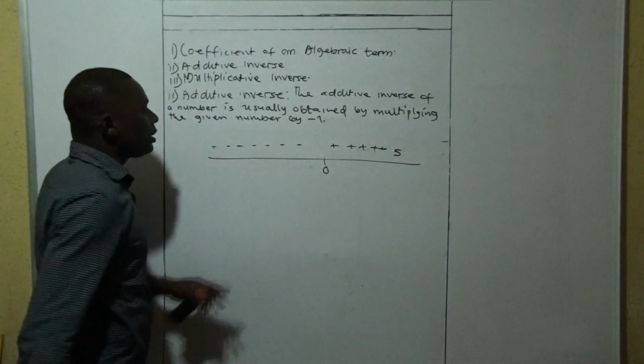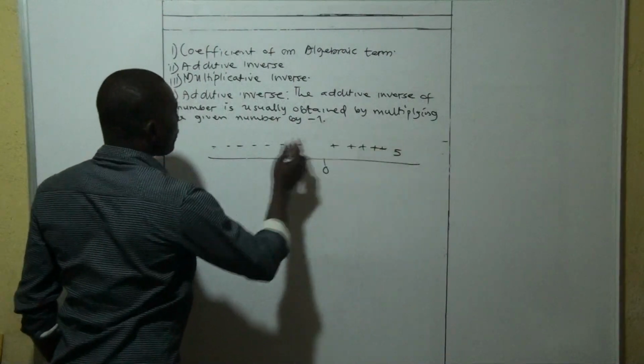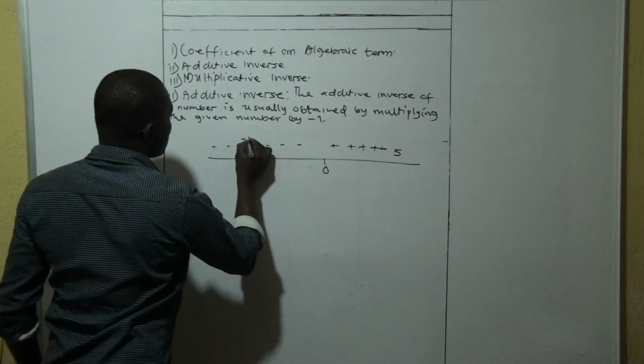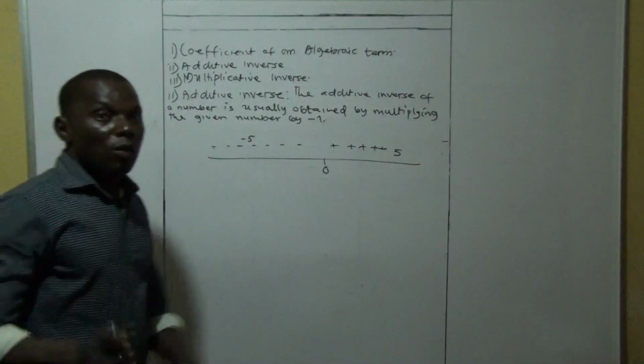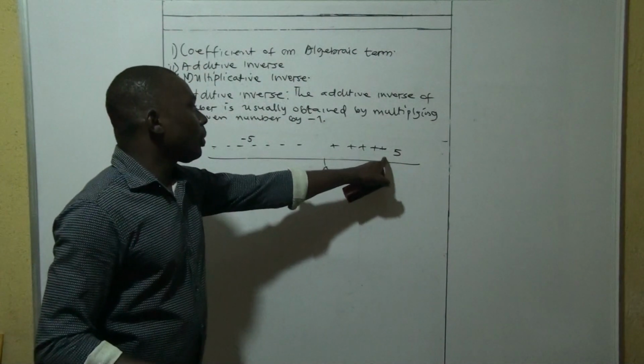From 0 to the right, positive. From 0 to your left, they are negative. So the additive inverse of plus 5 is minus what? Minus 5. And one of the properties of additive inverse is that if you have a number, the sum of